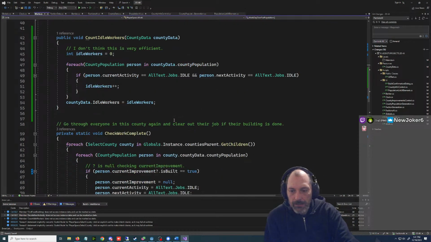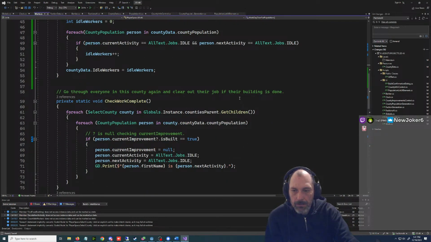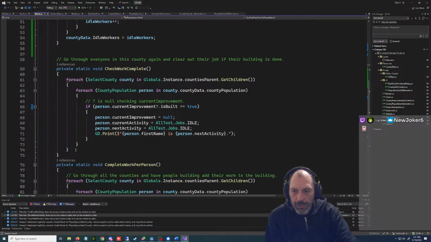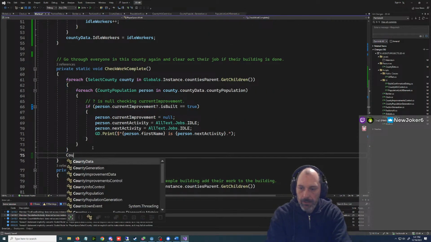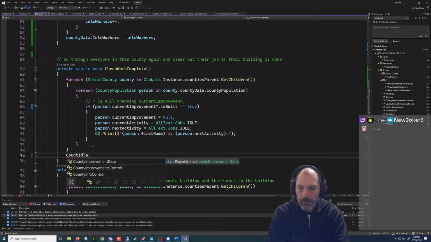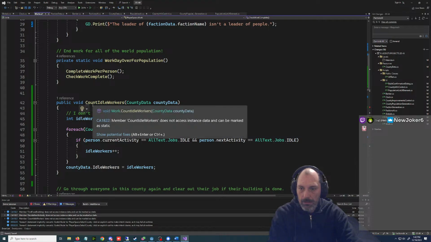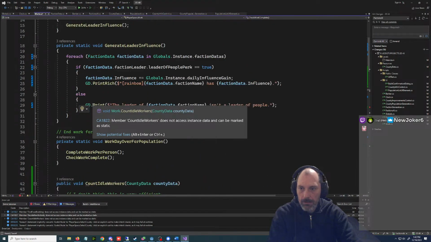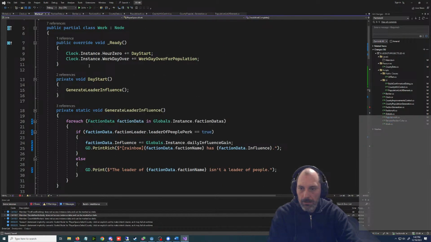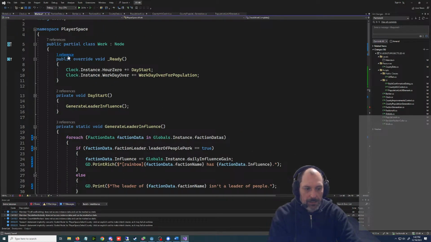We do need to do this here though. Check work complete. Idle. Why are you not showing up here? This is a weird note. It doesn't have any things. It doesn't have any variables at the top.